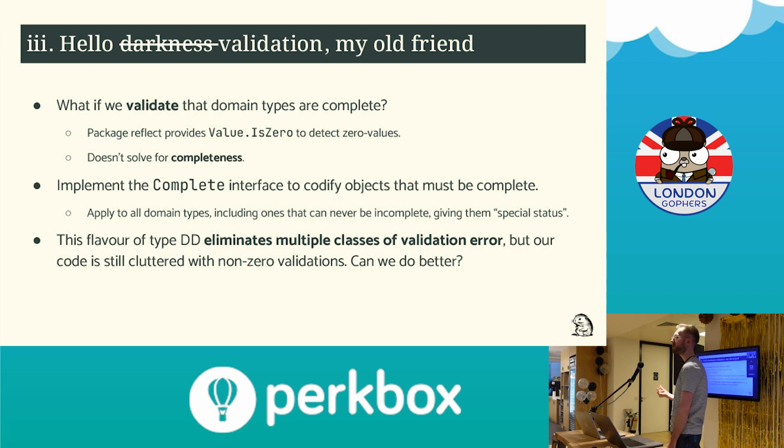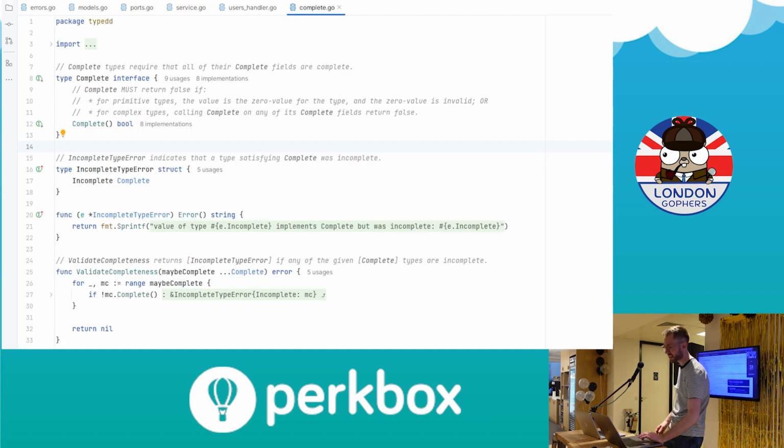But what if we do something else? What if we validate that domain types are complete? Package reflect gives us a useful utility to detect zero values, but as we've already seen, that doesn't solve for completeness. So let's take a slightly different approach. Why don't we look at branch number 3 here? Here I've created a TypeDD package, which we consider safe because it is part of something that we control. We have declared an interface, Complete, which can be manually implemented to signal to the rest of our system